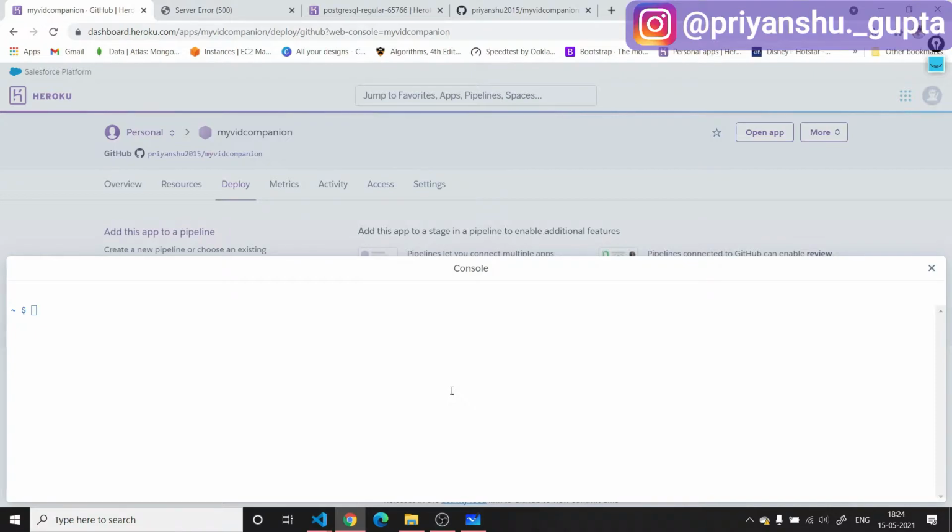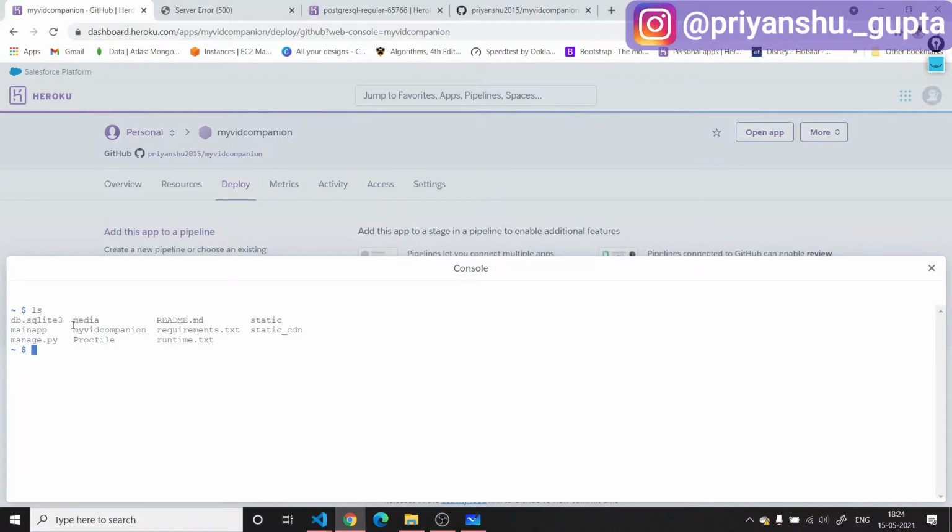Now Heroku provides you this console with which you can manage your server or dyno. If I write the command ls, it will show me all the files that I have uploaded here. So this console gives me access to the server where we have uploaded all our files, and we can manage all that stuff like we manage it on our local machine, because that is also a machine that is located somewhere else.